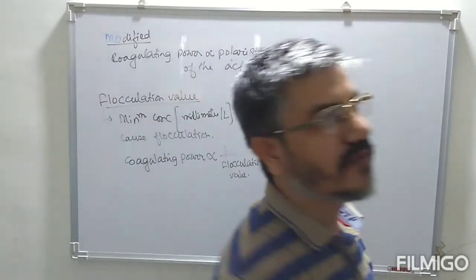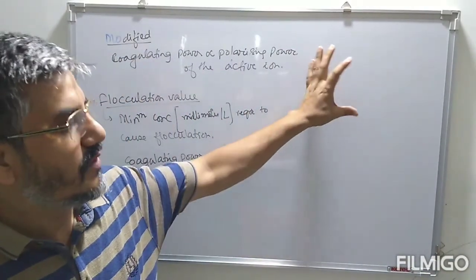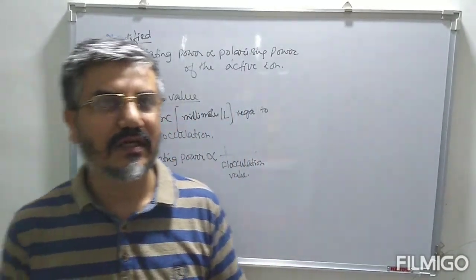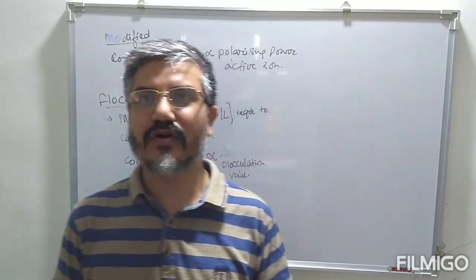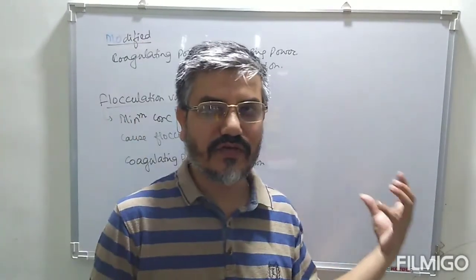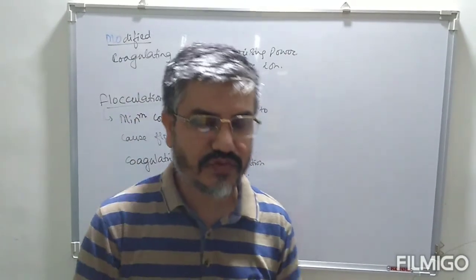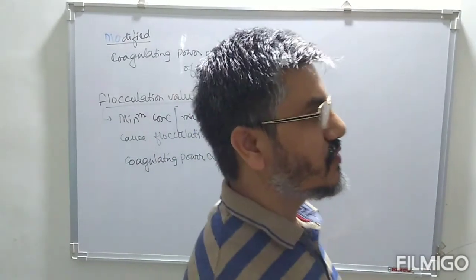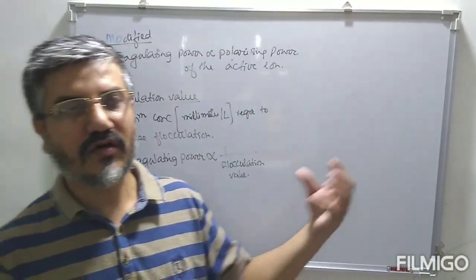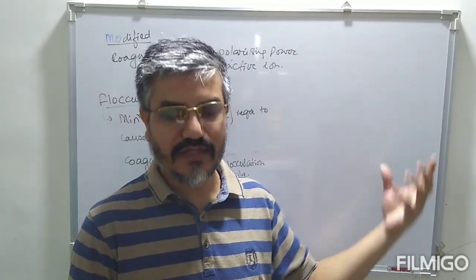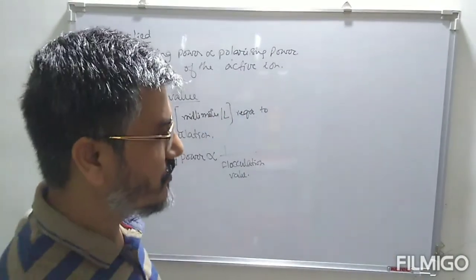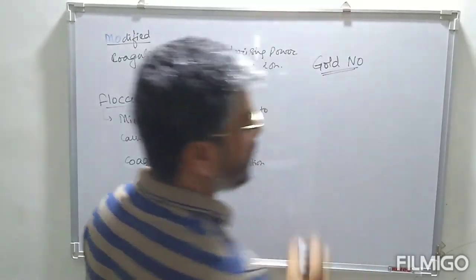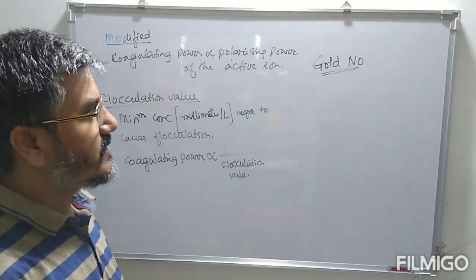And finally, we have protection of lyophobic sols. Lyophobic sols, being unstable, are normally protected by use of a stable lyophilic sol. So lyophilic sols are used to protect or stabilize lyophobic sols. The strength of the protective power of lyophilic sols is measured in terms of a quantity known as the gold number. So the gold number defines the protective